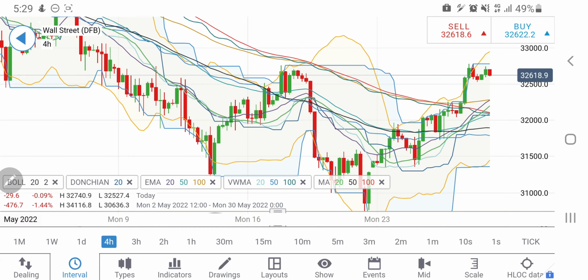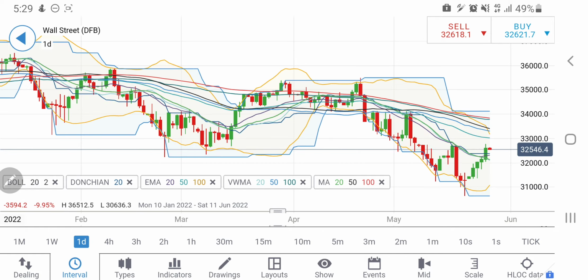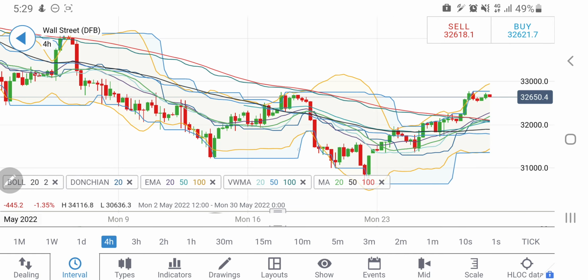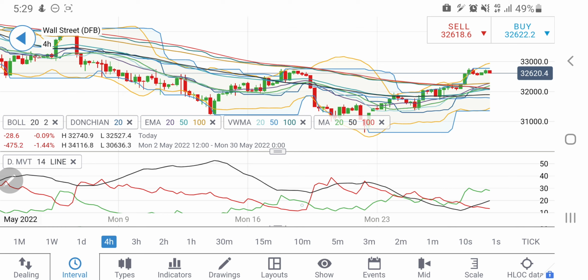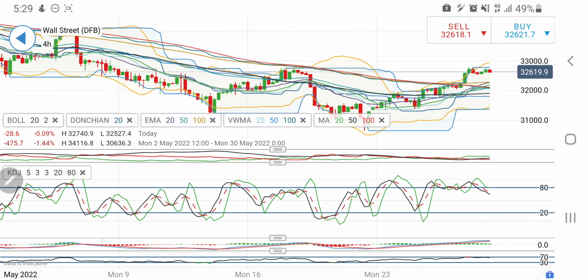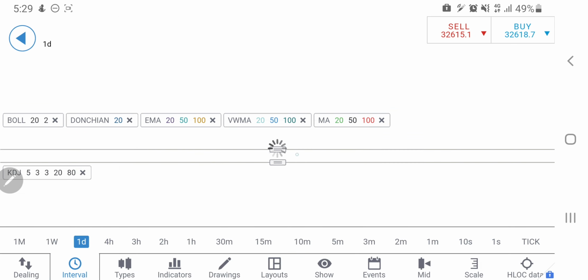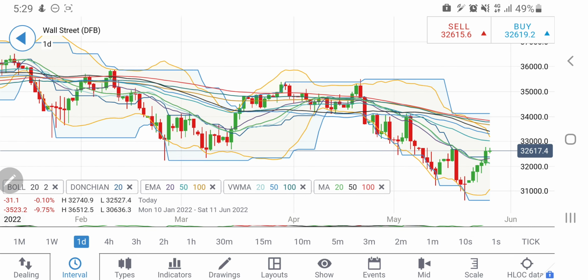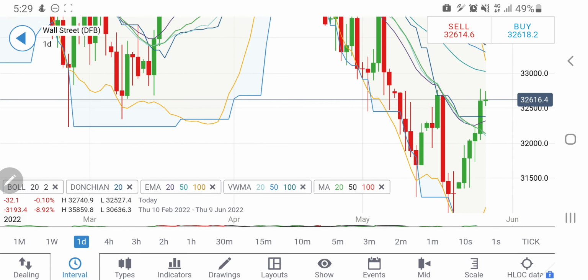Now coming back to the daily charts here, also look at this on the 4-hour charts. We have seen the indicators there. It is bullish and definitely the stochastic is looking downwards. Coming back to the daily charts, you can see the candle is still green, lower highs are done, strict and strong resistance there, and till the time it is trading below 32,750,